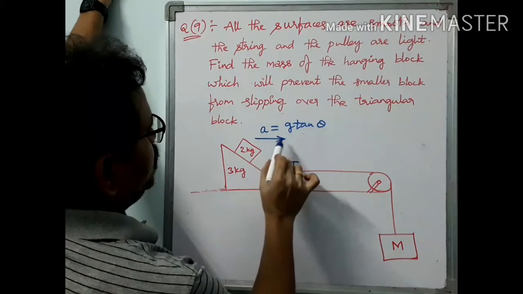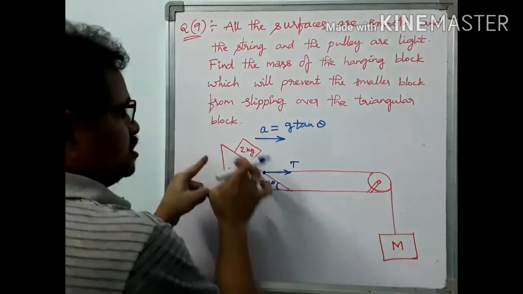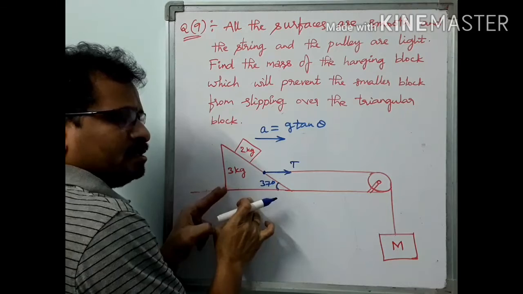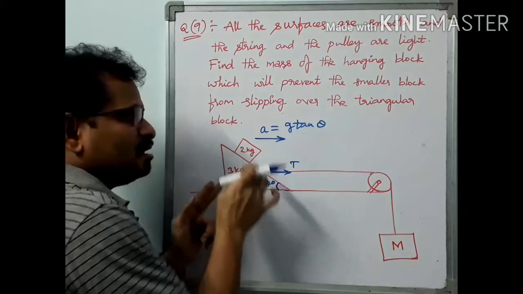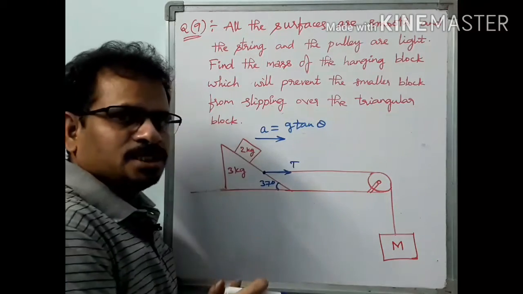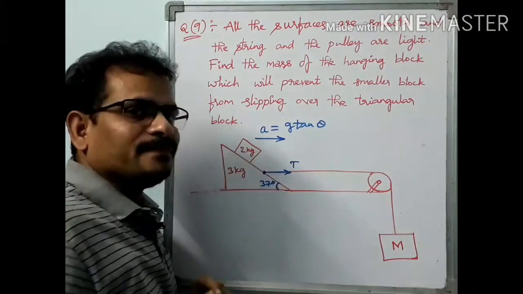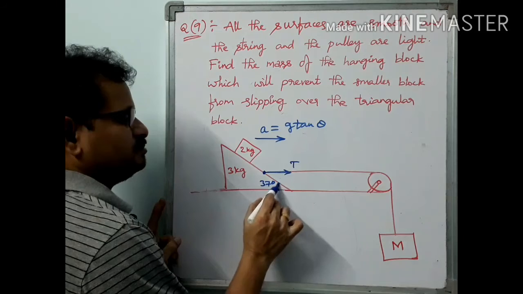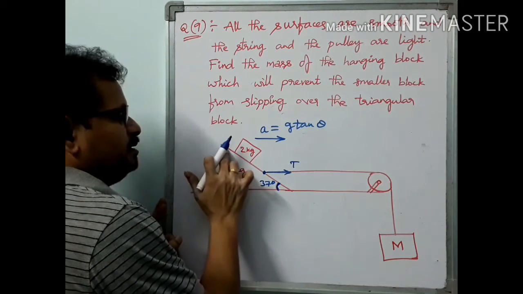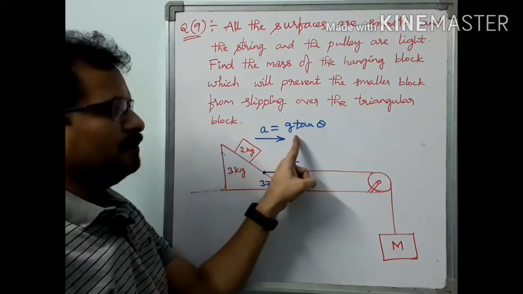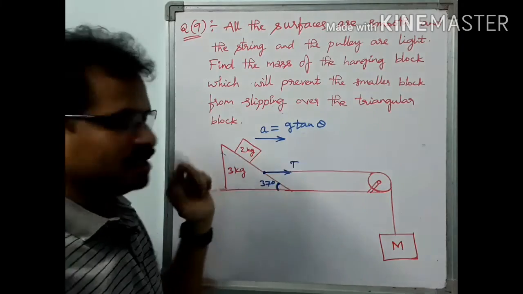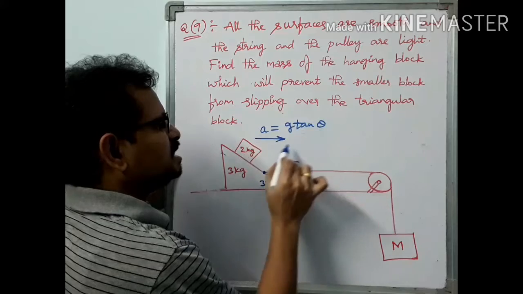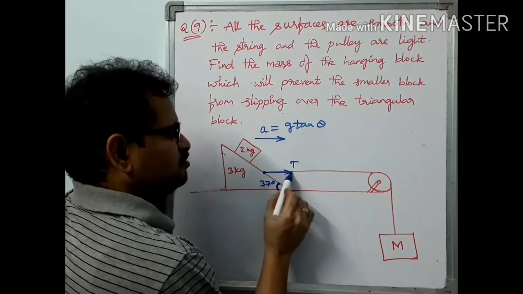So here A equals g tan theta. In this case, suppose any block is placed on a smooth wedge, and it has to be seen that the block does not slide down the wedge, the horizontal acceleration must be equal to g tan theta, where theta is this one, not this one. So memorize this one. This is g tan theta. So this acceleration is provided by which force? Tension force.